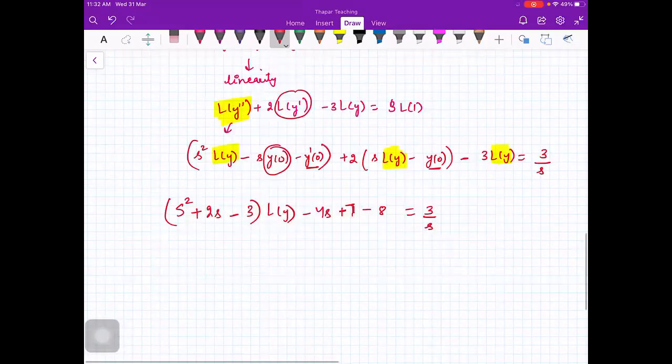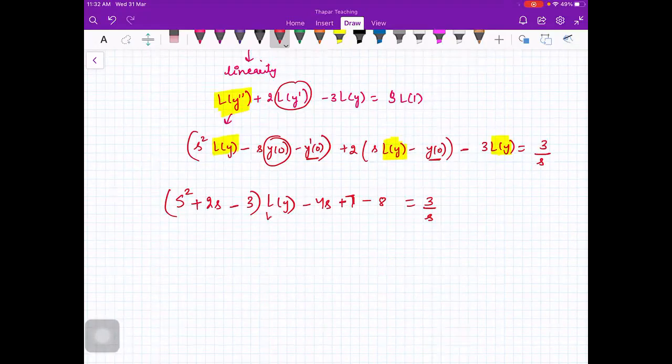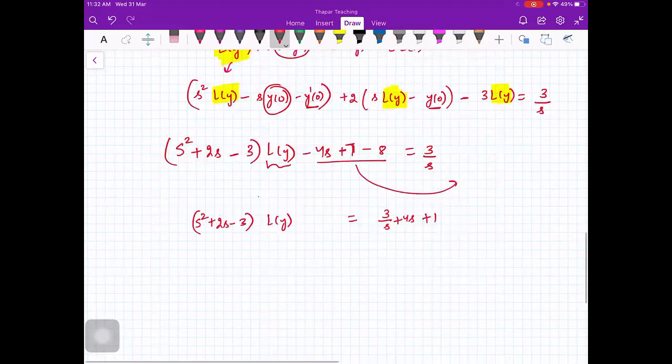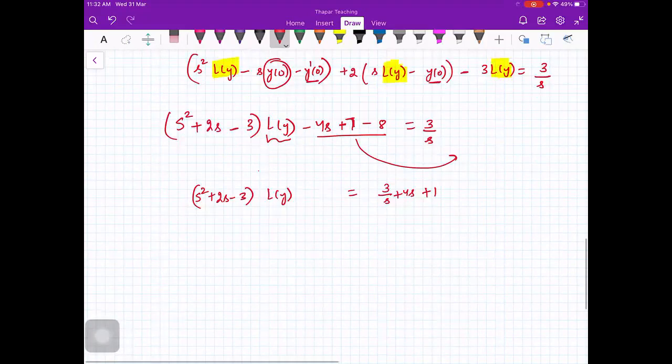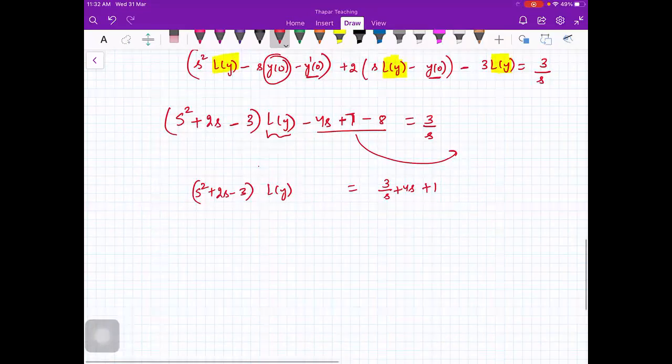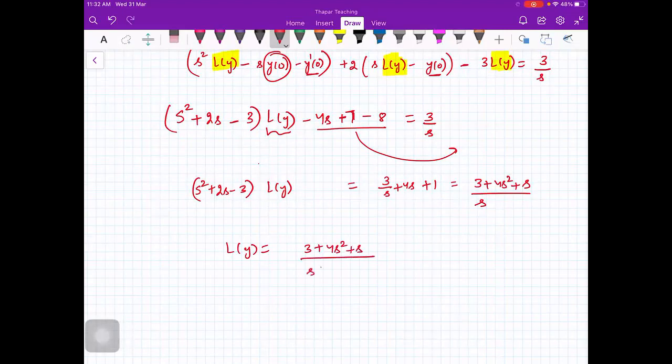यहाँ से आप L of y निकाल लोगे. Take these terms on the other side. 3 by s plus 4s plus 1 is equal to s square plus 2s minus 3 L of y. So from here you get this is 3 plus 4s square plus s divided by s. So यहाँ से L of y आ गया आपके पास 3 plus 4s square plus s divided by s square plus 2s minus 3. यहाँ तक क्लियर है सबको? बेटा प्लीज बोलिए. थोड़ा स्क्रॉल अप